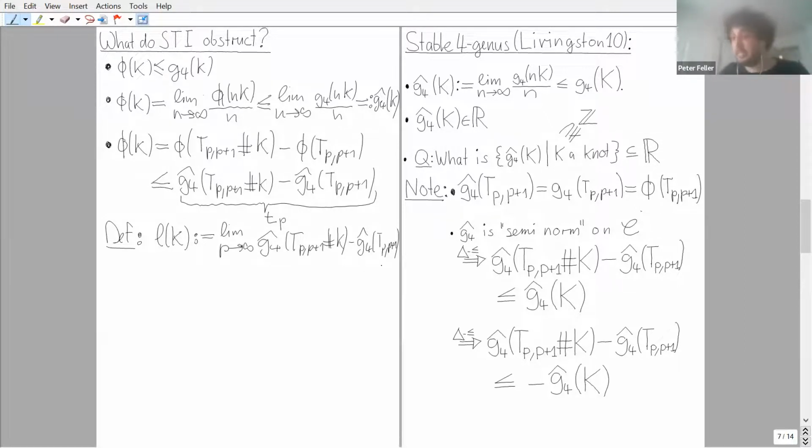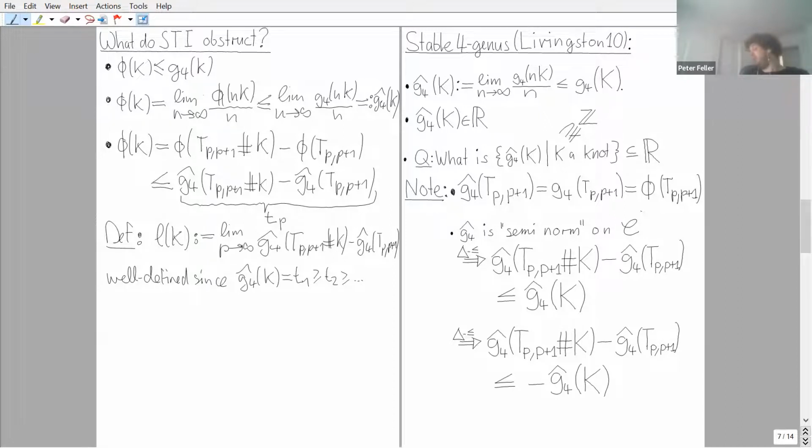And this limit actually exists. This is well defined. Since, well, actually the very first element, when P is 1, this is an unknot, so nothing happens. So this is just T1. And then it turns out this is a decreasing sequence